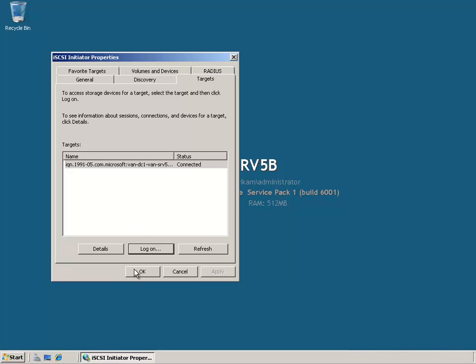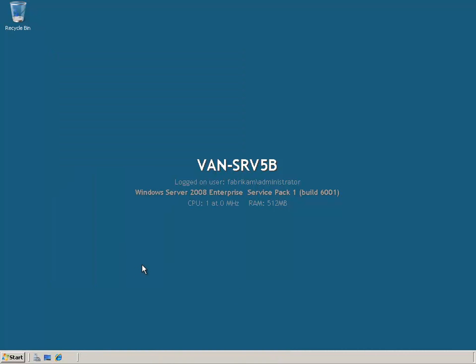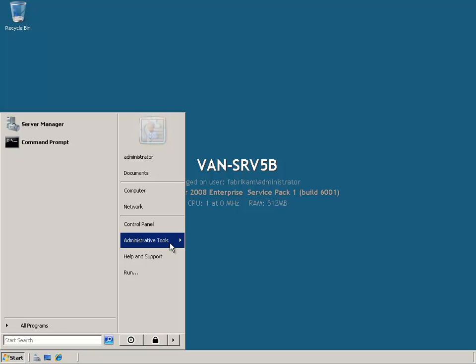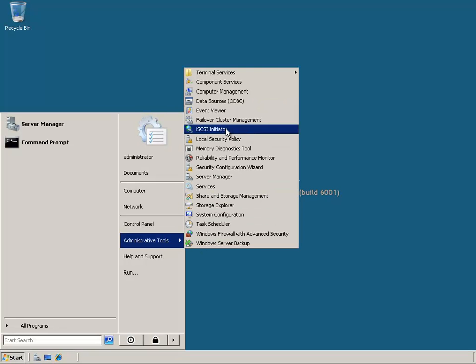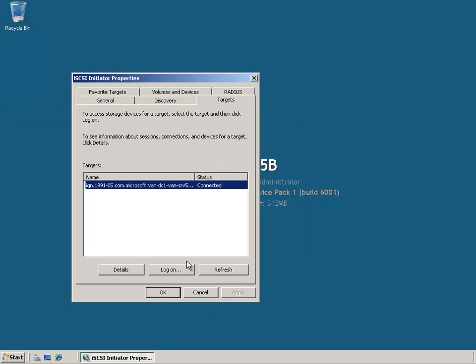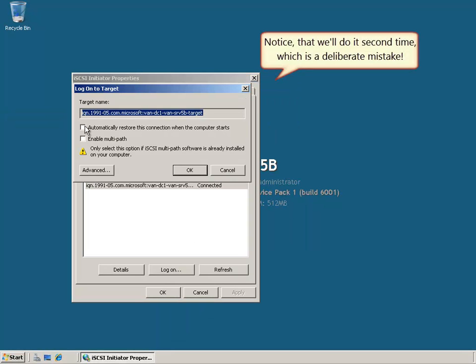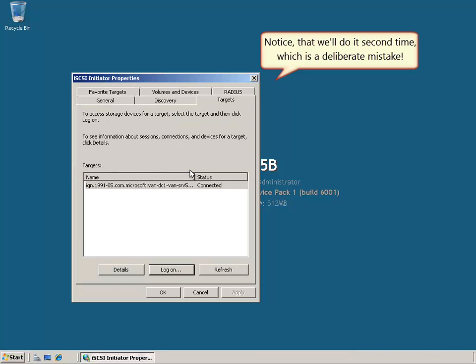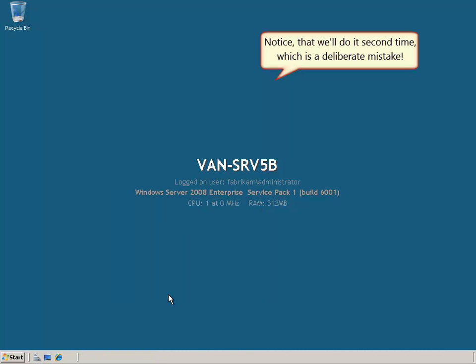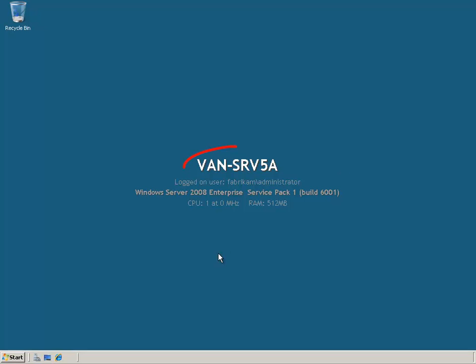Now the status is connected, everything is fine, we click OK. But I've seen a few system administrators make this mistake. They forget that they did the last action and go back to targets. They don't care that the status is connected, so they create a second connection, and we'll see how it will end. So we switch back to the first server,